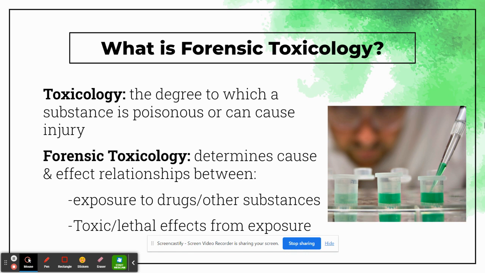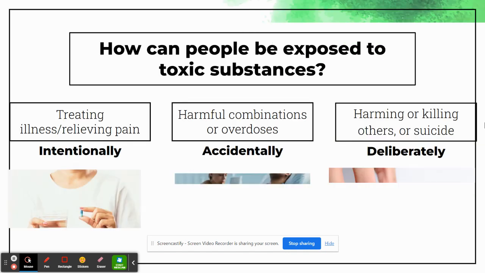Whether that be a drug, whether that be just a regular old substance. In theory, many things can be toxic. You just have to consume enough of it. So when we're looking at forensic toxicology, we're trying to look at all of those clues that could be left behind to determine if someone has consumed something that could have contributed to an injury or death for that person.